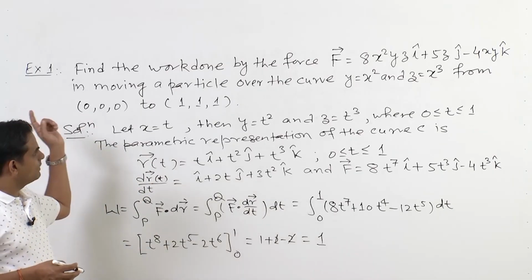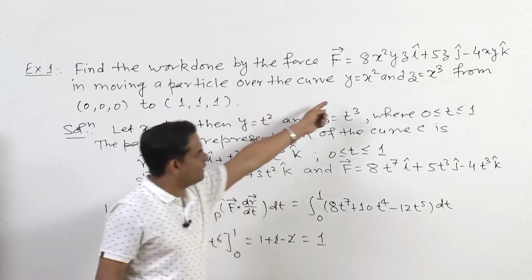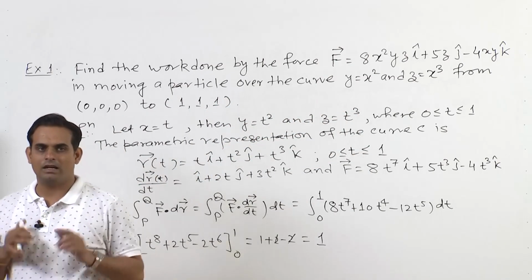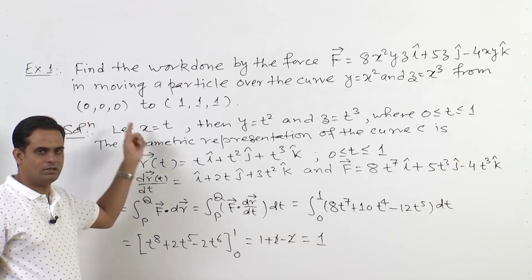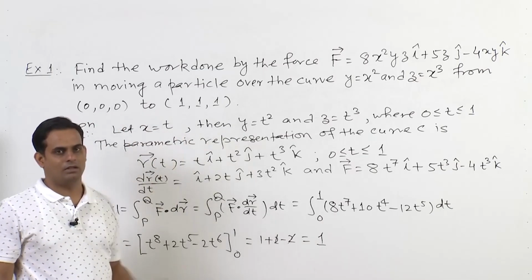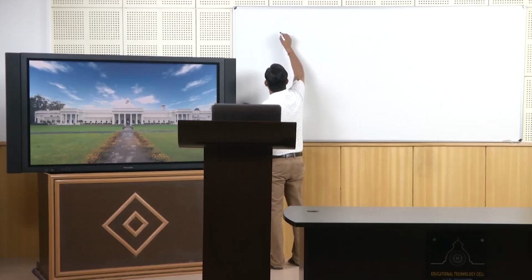For moving the particle by the force F along this curve y equals x square and z equals x cube from the point 0 0 0 to 1 1 1. So, this is simply represented by a line integral. Now, let us see the work done